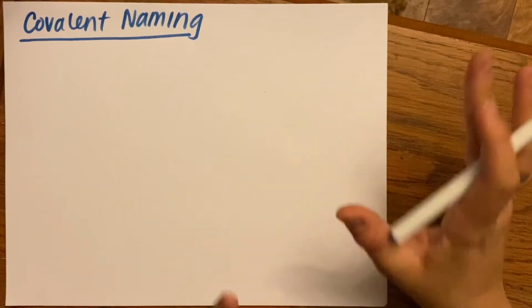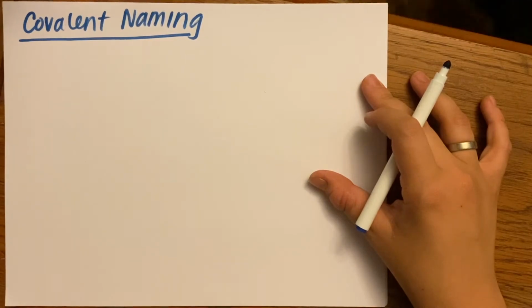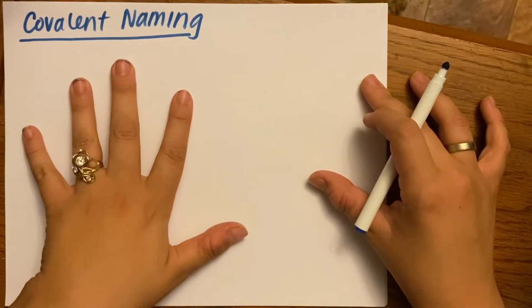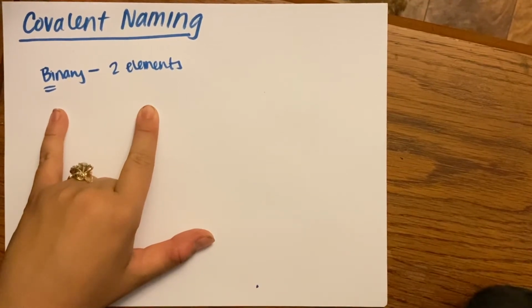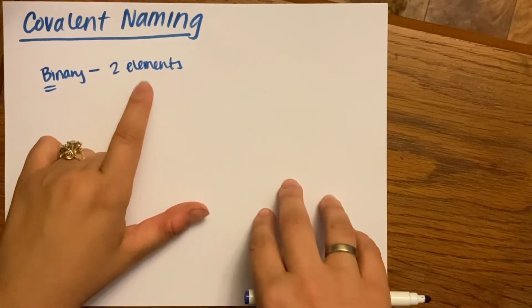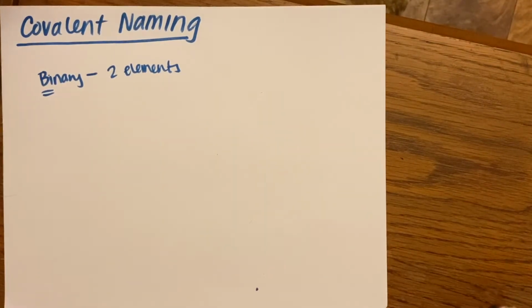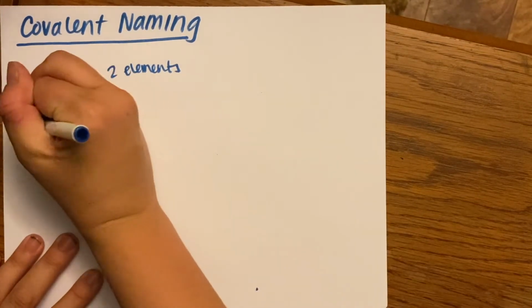Okay, this is going to be a quick video talking about how to name covalent compounds, specifically binary covalent compounds. Bi means two, so binary means there's two elements in your covalent compound, in your covalent molecule. Really there's only 3 rules to follow, and rule number 1